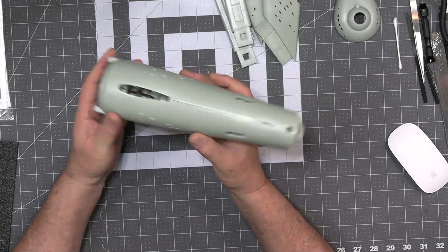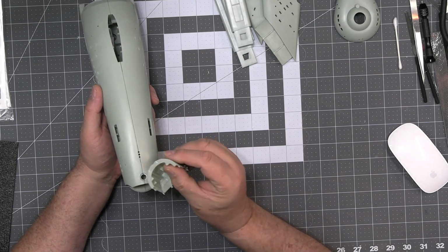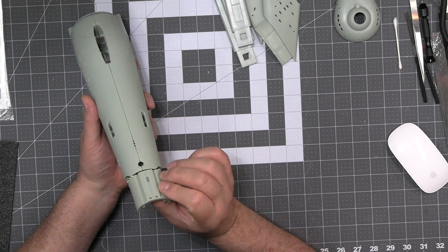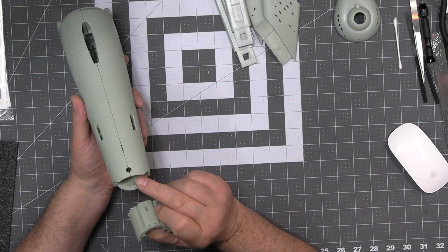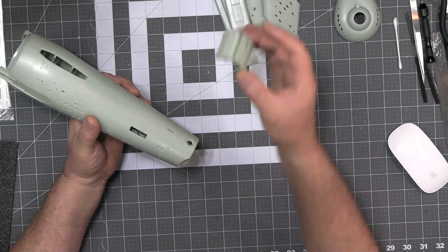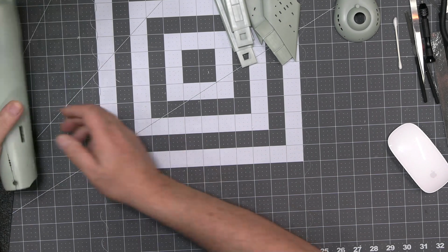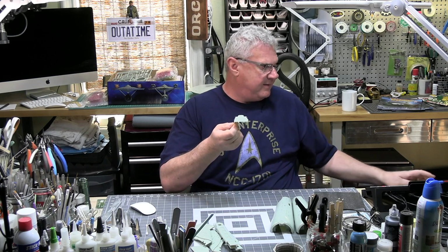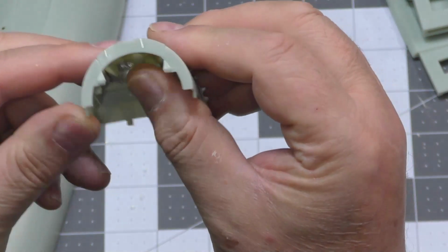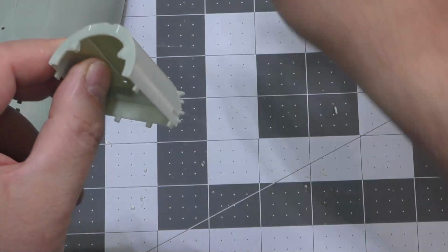Now I know one of the key struggles we will all have is this thing of beauty, which is obviously the shuttle bay, which is supposed to sit in the rear of the Enterprise. And I built this up for a very specific reason, because I wanted to show you the first thing I'm doing, which is I'm replacing this part. Let me get this on close up. This part, which comes with the kit,